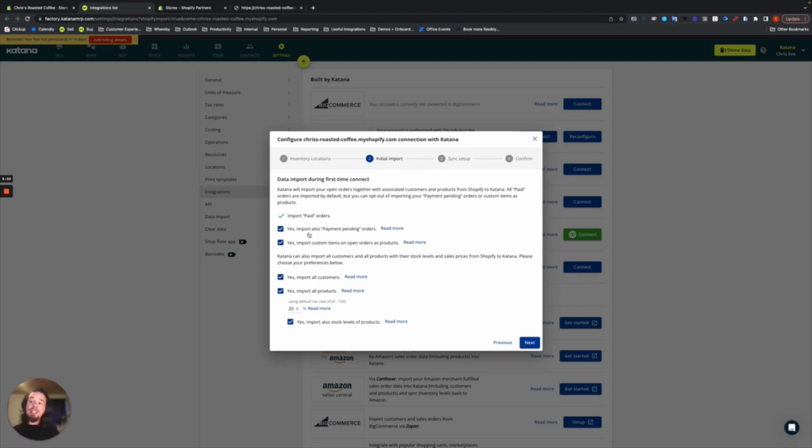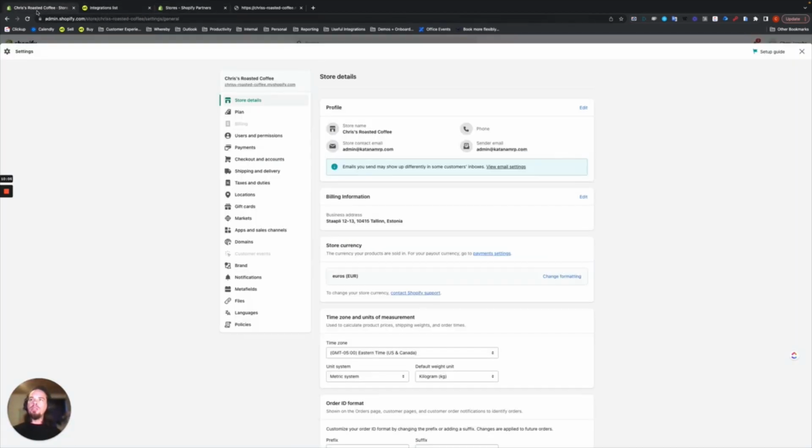If you want to turn that setting on, then it will import those orders that are currently open with the payment pending financial status. There's also one here that says import custom items on open orders as products. So inside of Shopify stores, when you're looking at any of the details related to your sales orders,